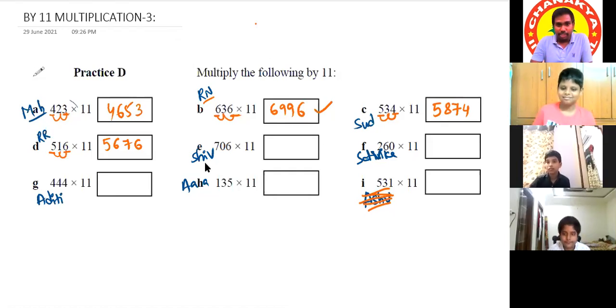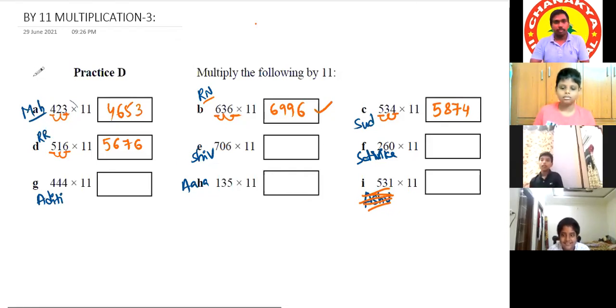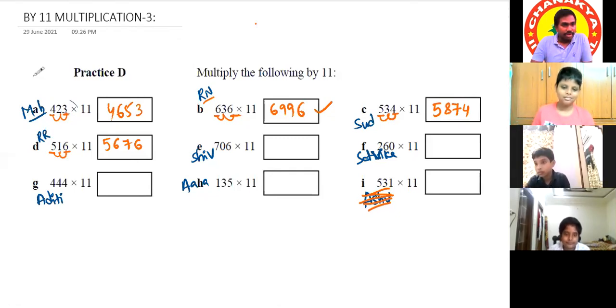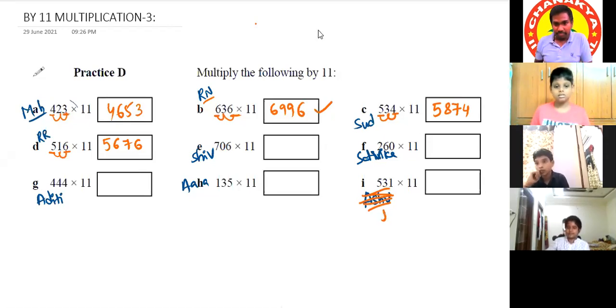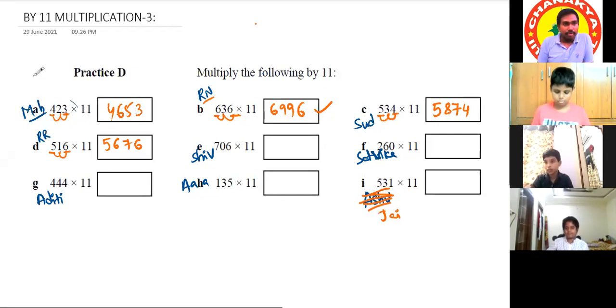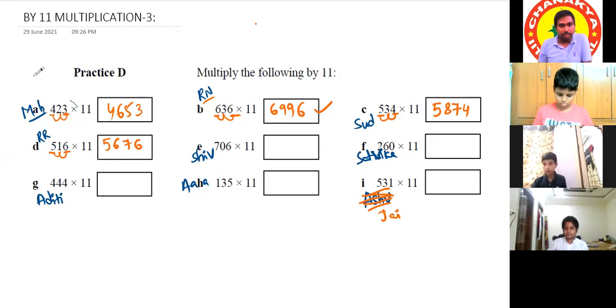Okay, then Shiv Pranav will respond. Ashwath, again you started. Toshnika, don't write anything in the chat. Okay, Jaideep will do this. Shiv Pranav. Yes, sir. You got this, you understood this method, okay? Yes, sir, but how should we do the zero, sir?